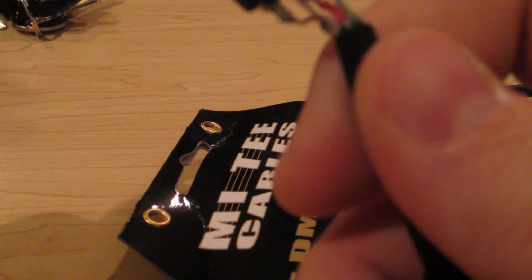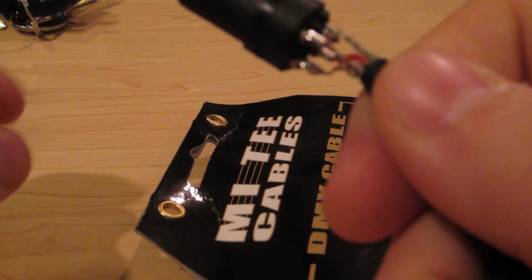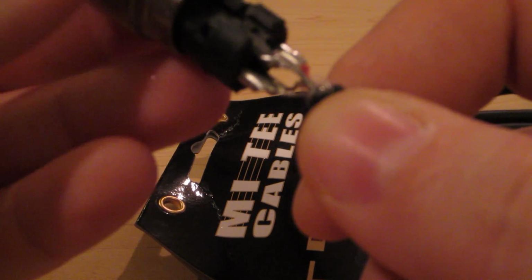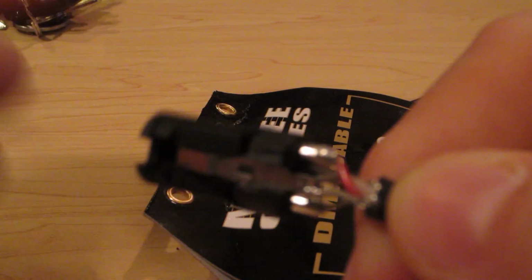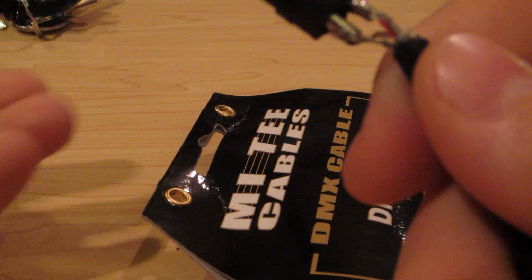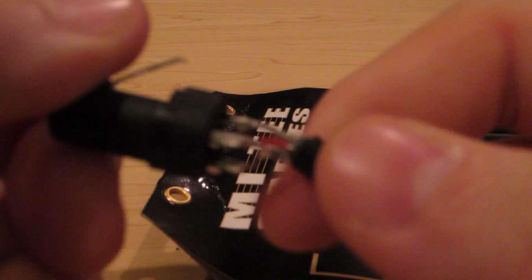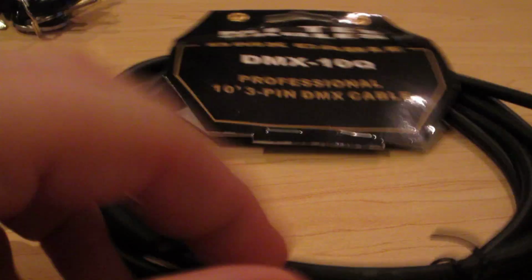What that does is it creates, I believe it's called a ground loop, and will actually fry some lights. Fortunately, our lights weren't fried, but it seems now more and more I'm reading about some other lighting manufacturers whose guys are using Mighty cables, and now their lights are not working properly, whether it may be the incorrectly soldered cable or if it may just be another reason. But there it is. Pin 1 is grounded out to the chassis on the female side,